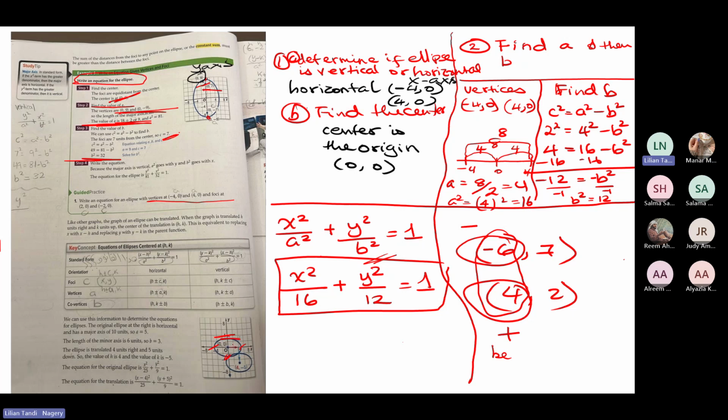So the distance from here to here is 6, so b will be 3 because you divide it by 2. Are we together? So now, because a is 5 and b is 3, the ellipse is translated 4